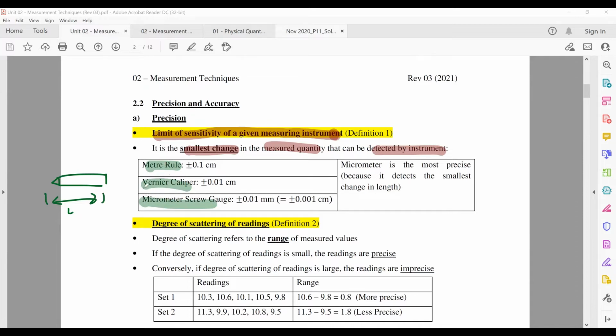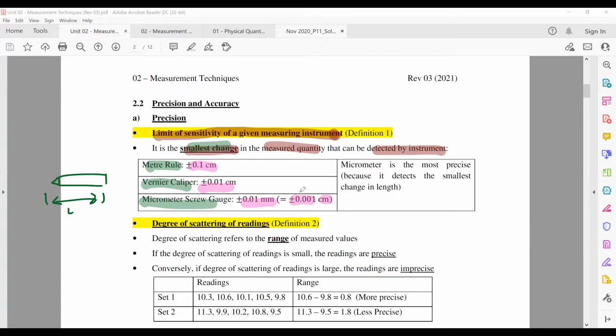For each of these instruments, the smallest change that they can measure, or the precision, is different. The meter rule can measure up to plus minus 0.1 centimeter. The vernier caliper can measure up to 0.01 centimeter, whereas the micrometer screw gauge can measure 0.001 millimeter, which if changed to